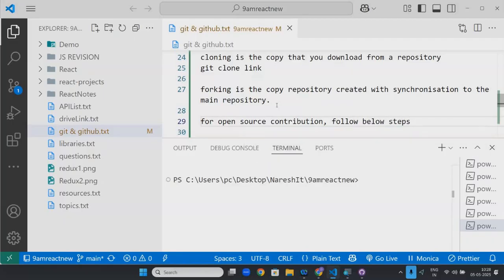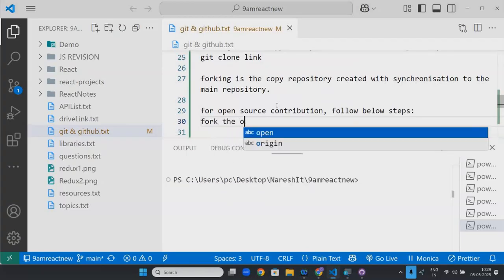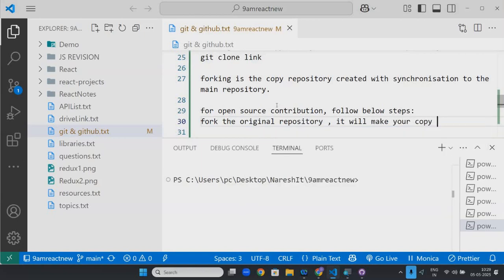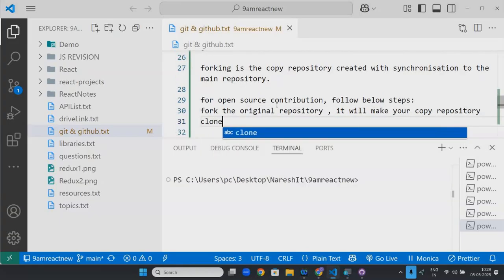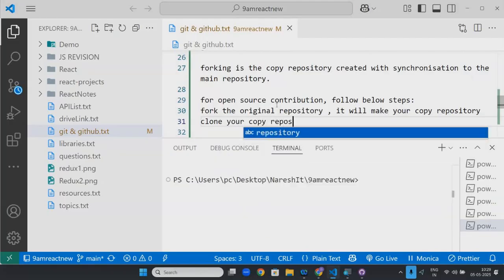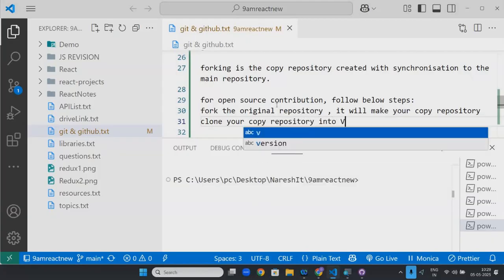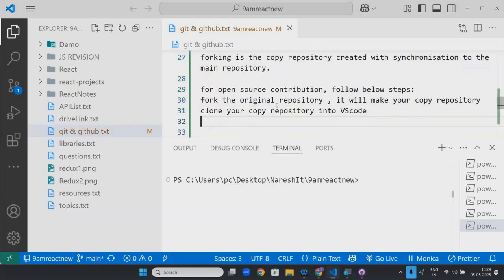What are the below steps, sir? Fork the original repository. It will make your copy repository. Clone your copy repository into VS Code.